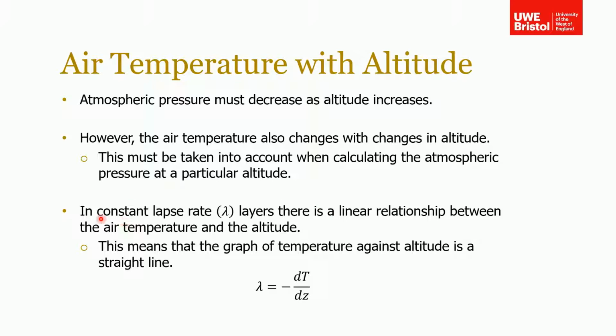And we can do this in constant lapse rate layers. Remember the lapse rate is lambda, where there's a linear relationship between the air temperature and the altitude. So lambda we can define as the change in temperature with the change in altitude, and again this is minus, so if the temperature is decreasing with increase in altitude, then this is positive. Okay,